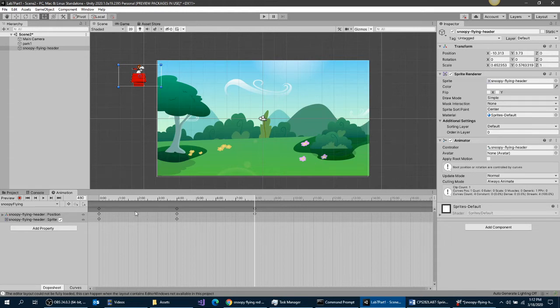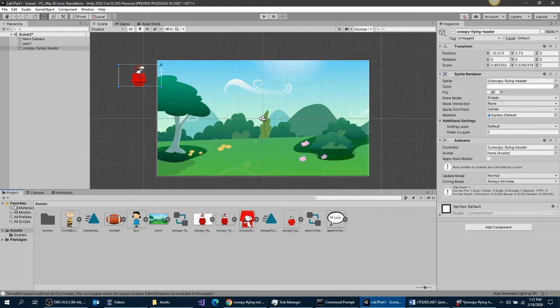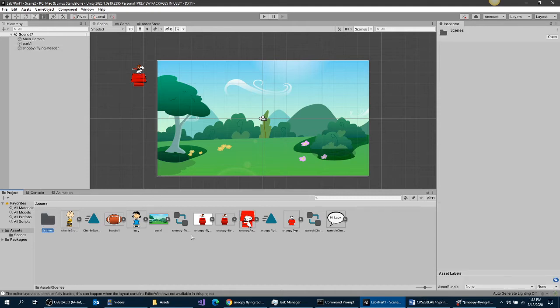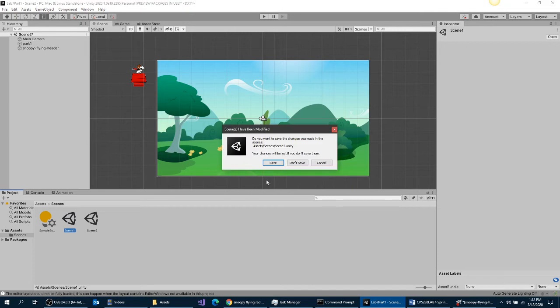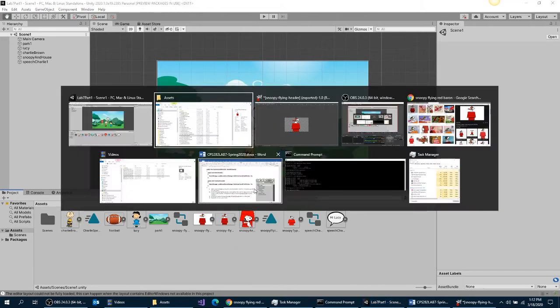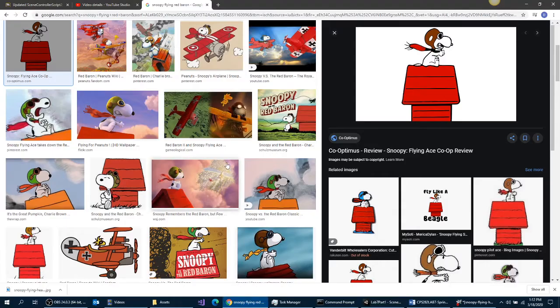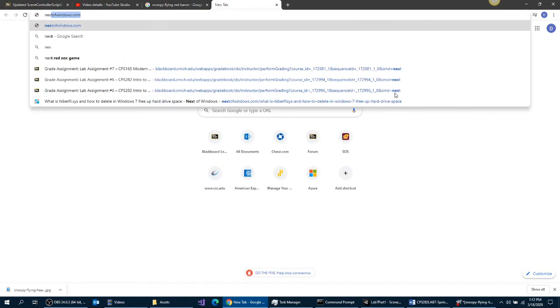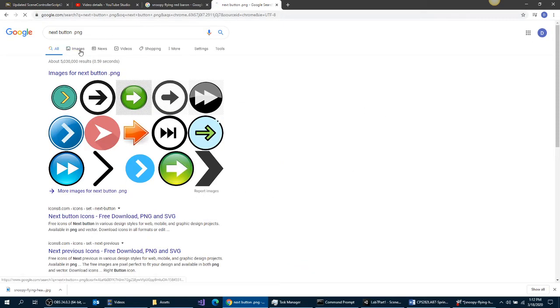But now, we want to go back to the previous scene. So in order to do that, go to Project, and then go to Scenes, and double click on Scene 1. And notice that you get the dialog box that says, do you want to save the changes? Hit Save. Okay, you could have saved it beforehand, but it reminds you that you needed to save it. So the next thing we want to do, go back to the Assets folder, is get some sort of a Next and Previous button. So I have one here, but let's just do next button.png, just to keep it simple